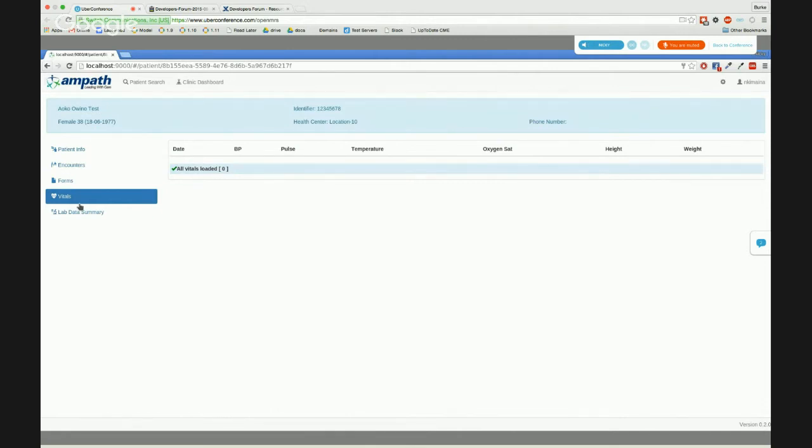And then we also have the lab data summary that displays the history of the tests that have been done for that particular patient. Generally, this gives the provider a quick view especially on the labs and the vitals,